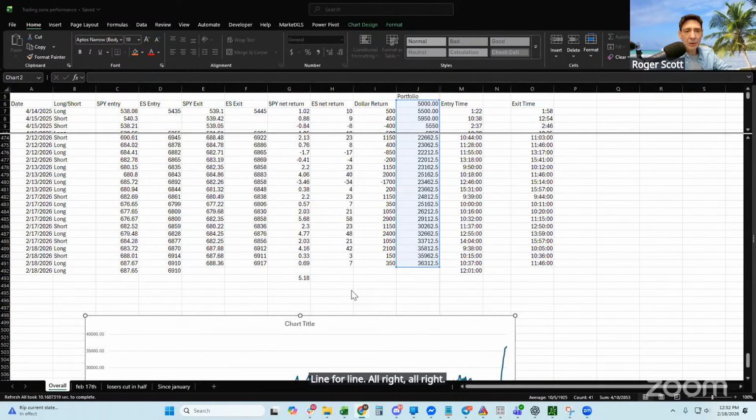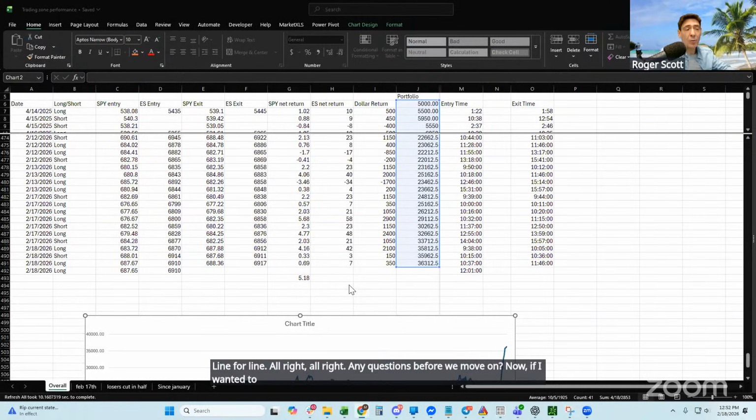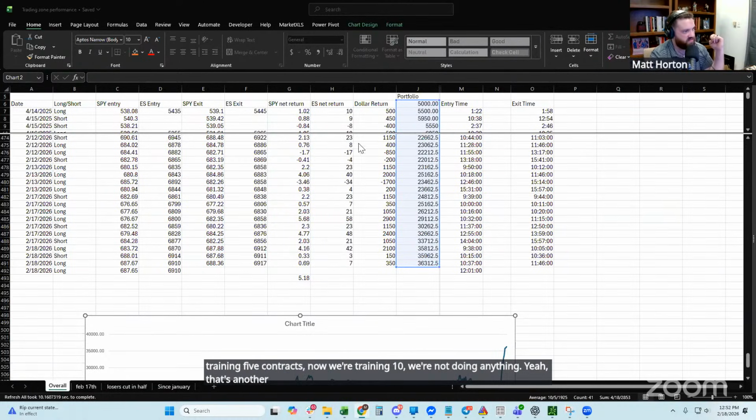Any questions before we move on? Now, if I wanted to leverage this, I could say now we're trading 5 contracts, now we're trading 10. We're not doing any of that. Yeah, that's another thing. The way we're tracking this is actually hurting us